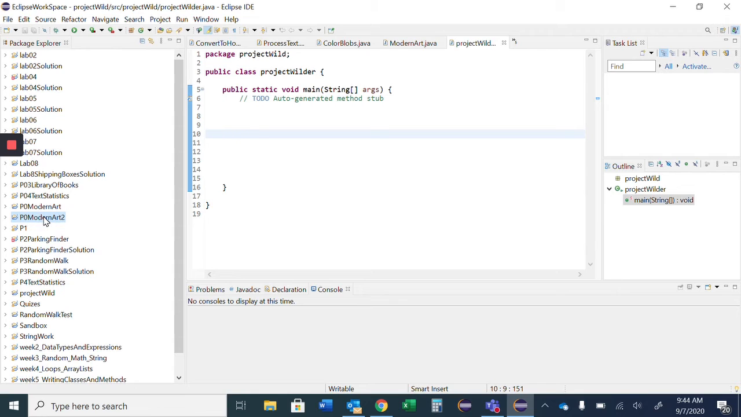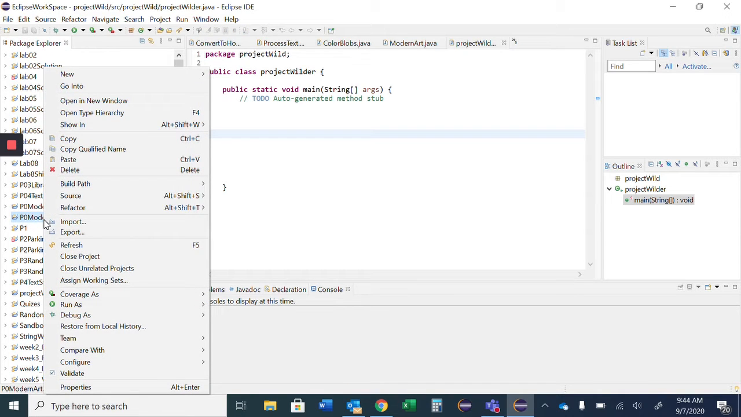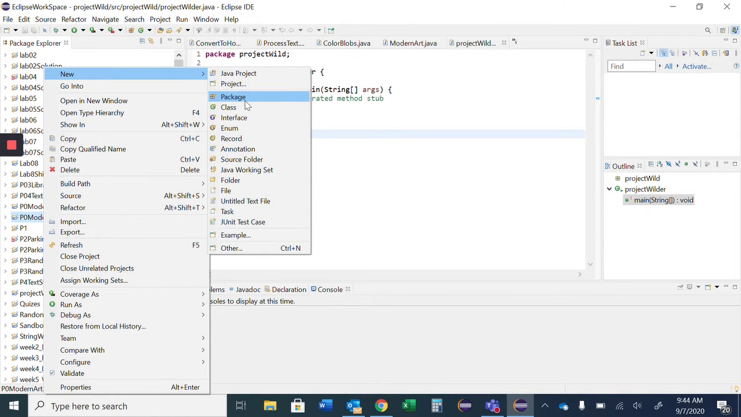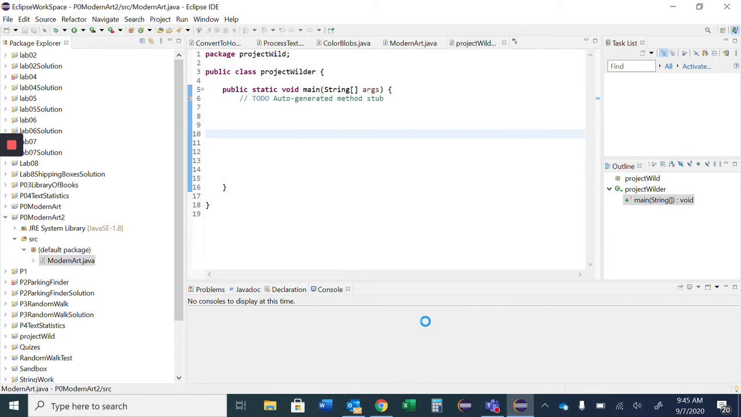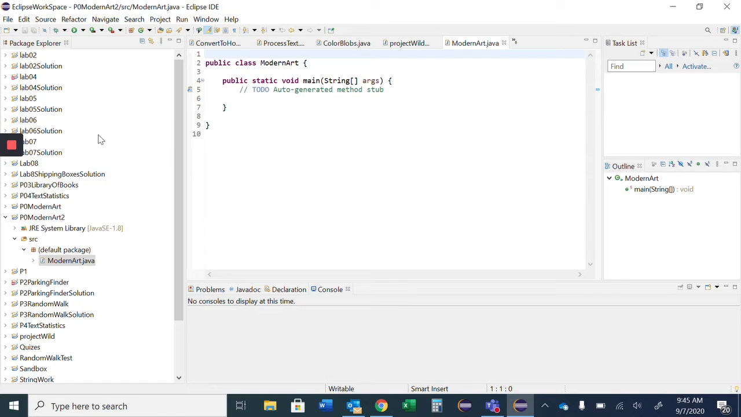Next is you're going to go back to that project that I just created. I'm going to right click on it and expose some new options. Go to New, Class. Now this class is going to be named Modern Art. Again, using camel casing. And I'm going to include the main method right here, by selecting that box right there, hitting Finish. Now you should see a new class open up, Modern Art, and inside this main method